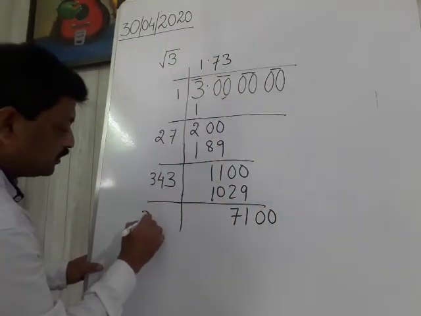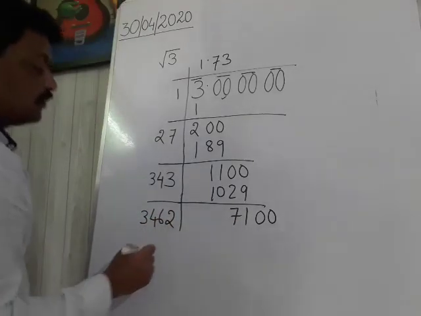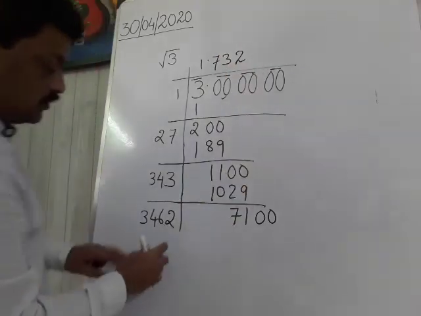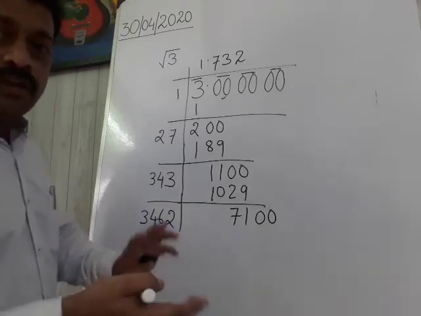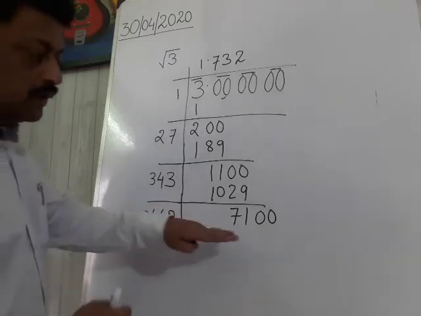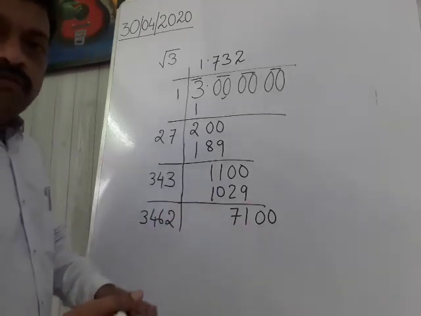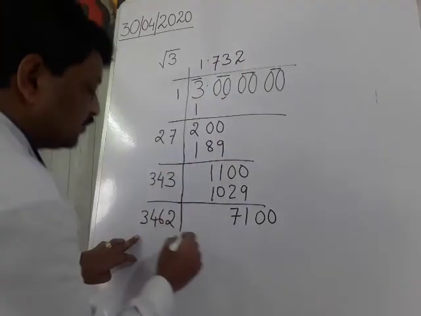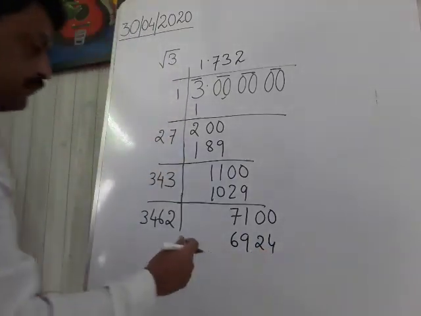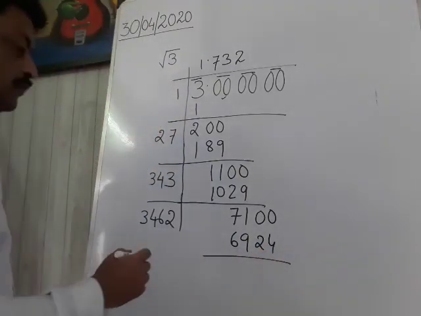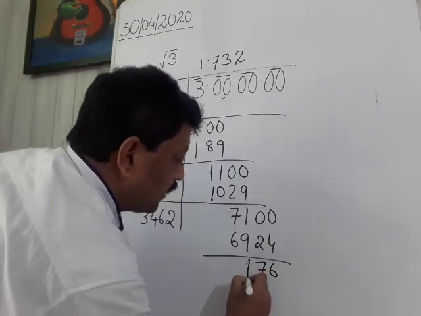Double will be 3 4 6. Maximum it will go up to 2 times. 2 here and 2 here. Just do this calculation in the rough by trial and error method. First take 1 or 2 or 3. Check whether it is matching or not. Is it becoming less, going closer to this 7100 or not? Then try with another number. So 2 here. So that will give 6 9 2 4. So it is 6 7 1.